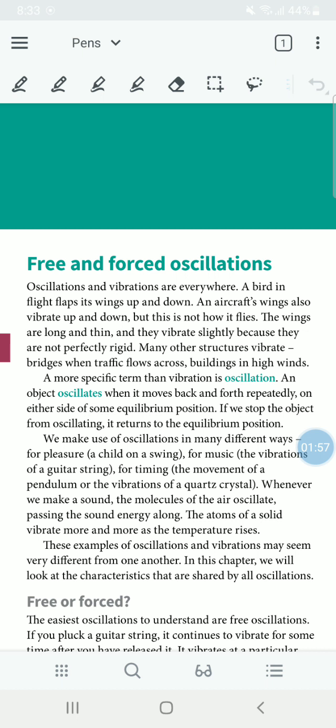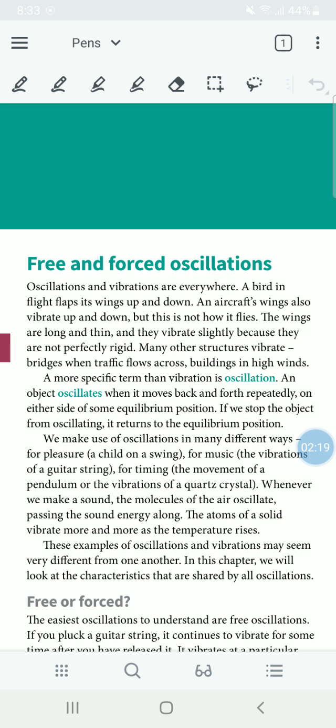Then an aircraft's wings also vibrate up and down, but that is not exactly how it flies. It flies because of the thrust made by its engine and the upthrust made by the movement of its wings, but it does not flap like a bird, right?